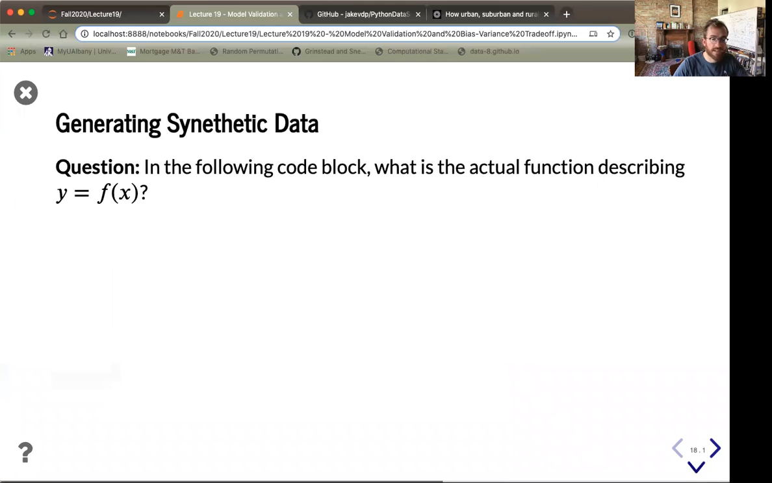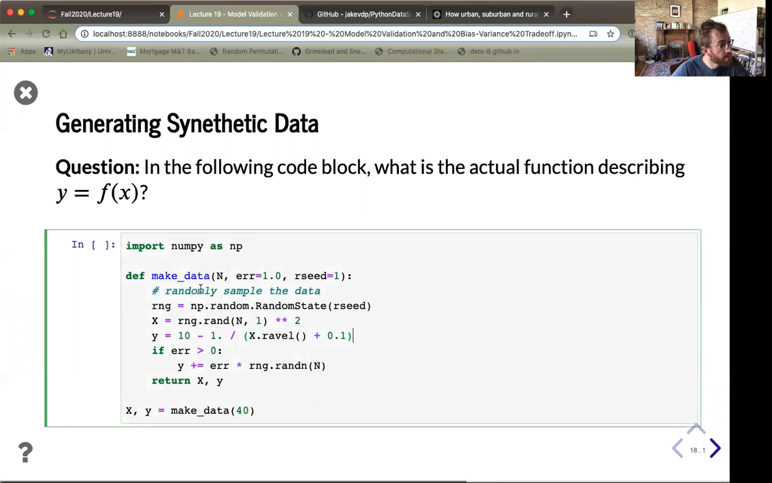All right, so now let's look at a synthetic example as presented to us by van der Plas. So we have this function make data, where n something, error something, and then we've got some random seed. Again, these are all given default values, so we don't need to always specify what error and seed are going to be. But let's just read the code here. So we're going to create some random object with this random seed. And then we're going to generate some random numbers. We're going to square them. And then we're going to look at y, which is going to be 10 minus 1 over x, where we've applied